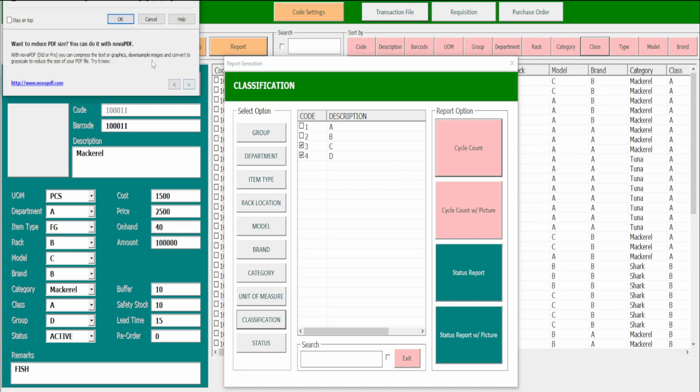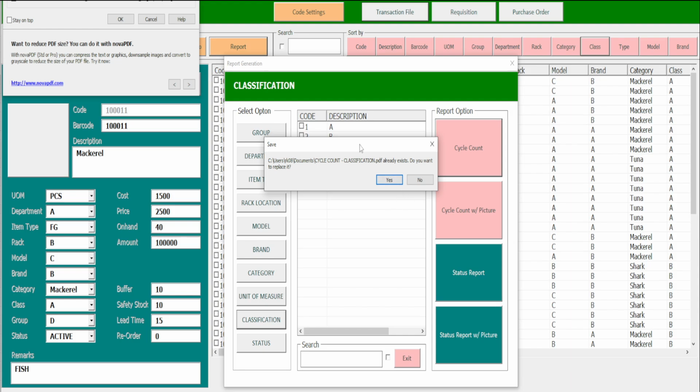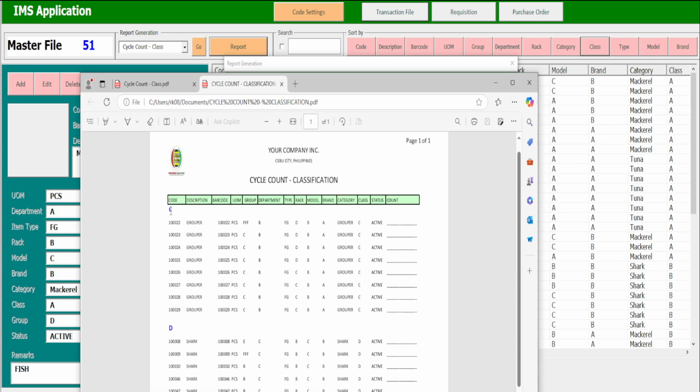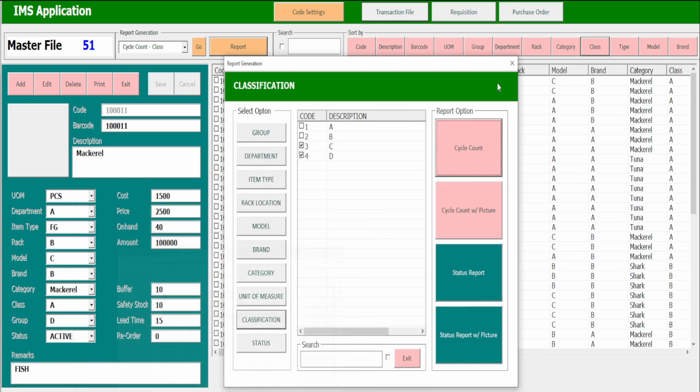And this is the report for cycle count by classification, this one. So we have classification C, this one, and also classification D only. So what if I need to generate a report by category only? Instead of tuna, shark, etc., I only need mackerel, this one. So I select category, then go to mackerel, and then proceed to click the cycle count.